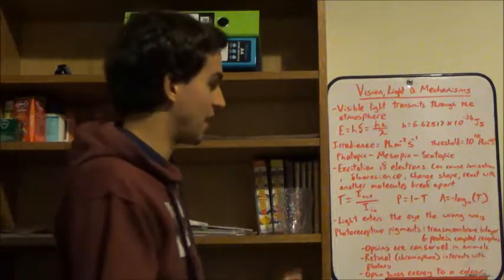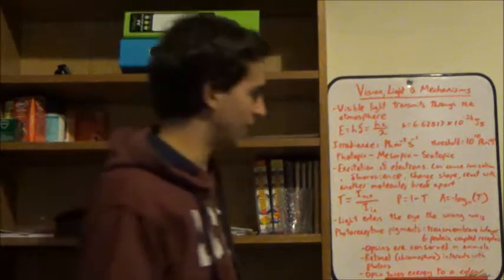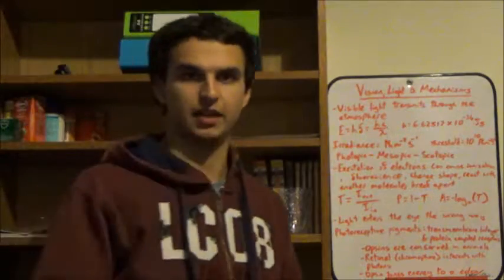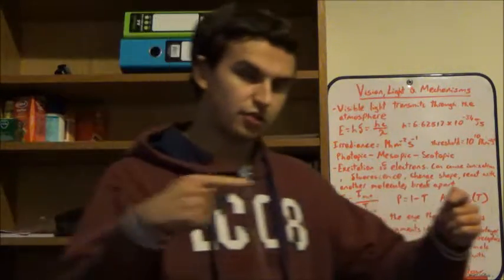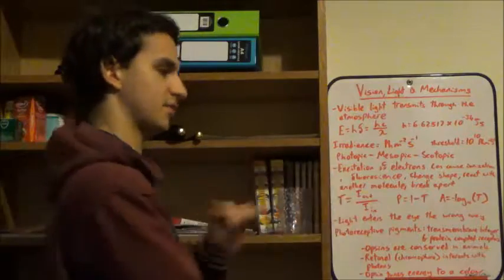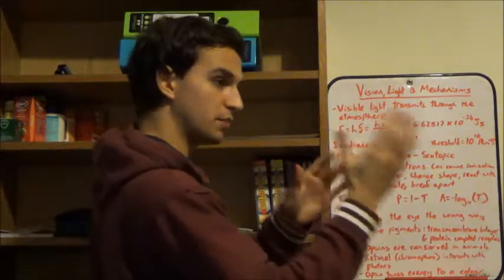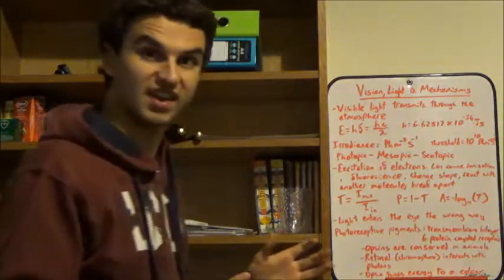Now the absorptance of a chemical differs depending on the concentration of that chemical and the wavelength of light that you're putting through it. Okay, so let's say you have a red filter. Then light passing through the red filter will have a greater transmittance at longer wavelengths, because red colour is longer wavelengths. And vice versa if you use a blue filter. If you use the green filter, then you'd get a peak in the middle somewhere, because that's in between red and